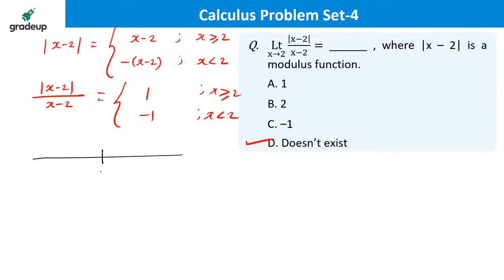So this is your point of interest too. You are approaching this limit from left side as well as right side. When you are approaching it from the left side, the value of the function is minus 1. And when you are approaching this function from right side, the value of the function is plus 1. And for the existence of the limit, what is the fundamental condition for the existence of the limit? The fundamental condition for the existence of the limit is that the